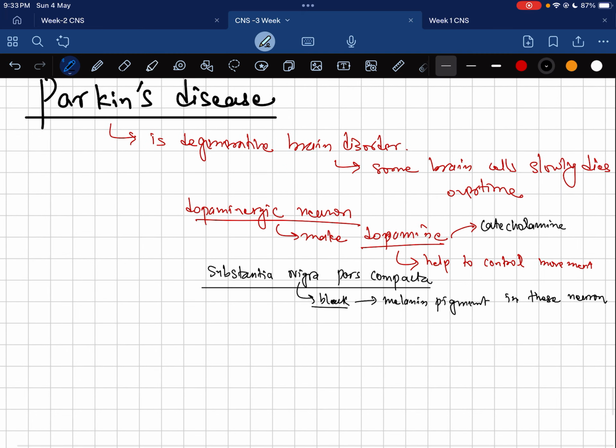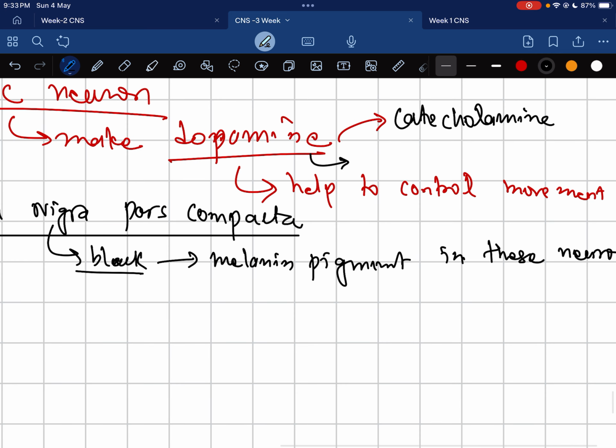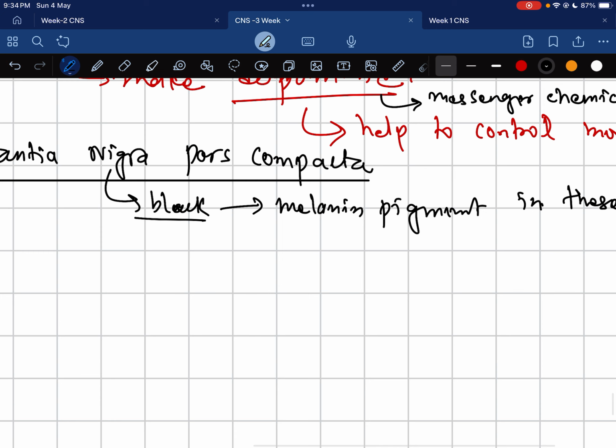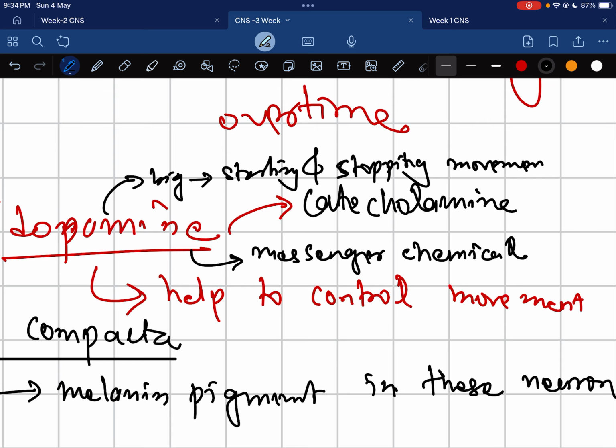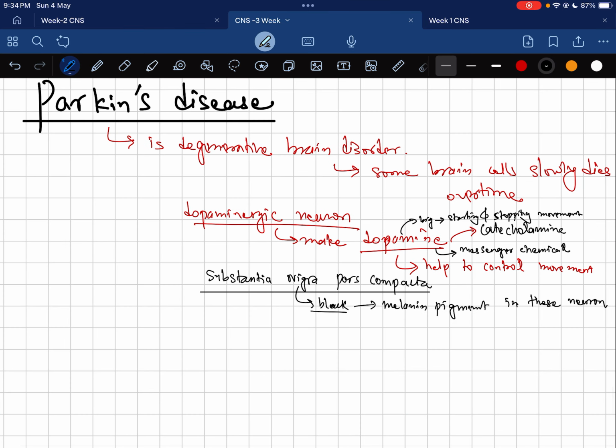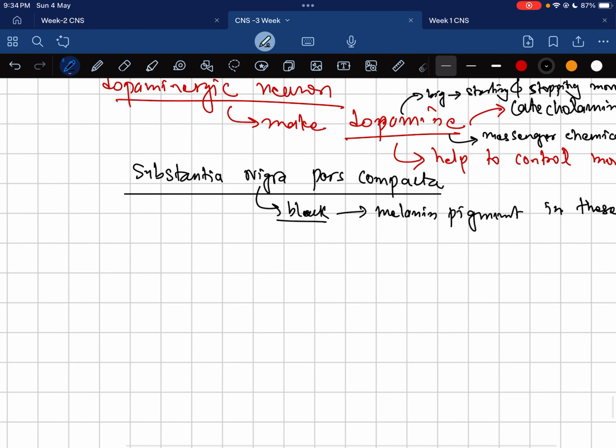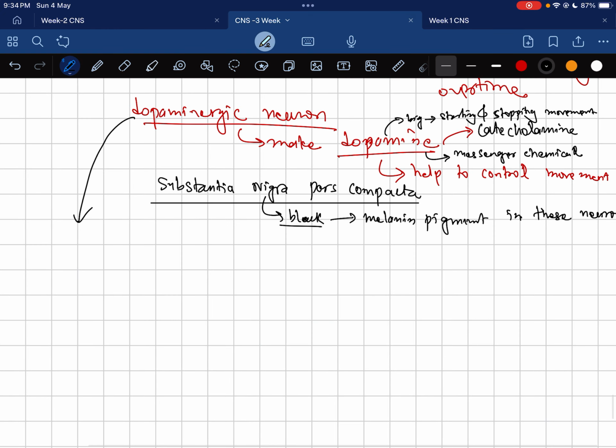So let's focus on dopamine. What is dopamine? Dopamine is a messenger chemical, and it has a big role in starting and stopping movement. The dopaminergic neurons synthesize dopamine and send it